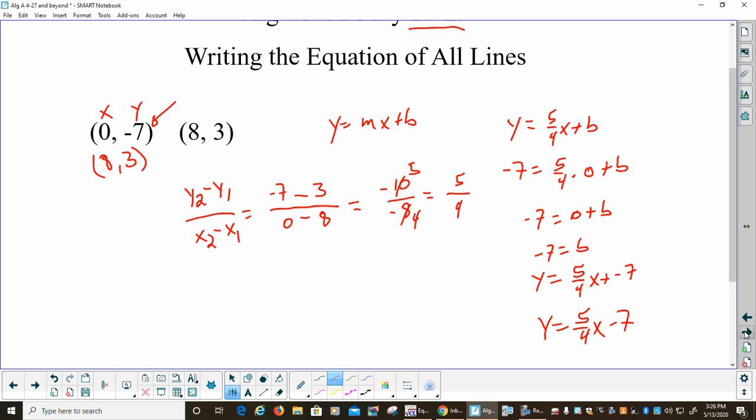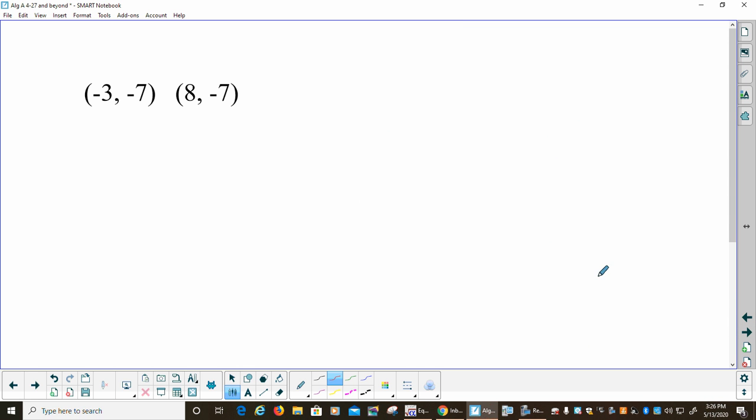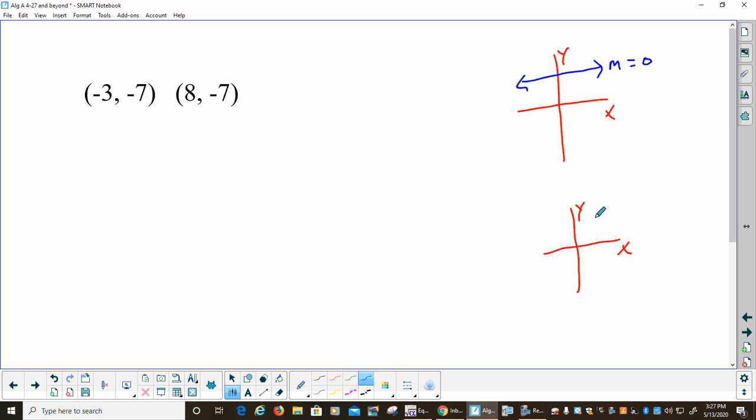Now this week, what's going to be new is you have the addition of either a horizontal or a vertical line. So to review with you, that's your y-axis, this is your x-axis. If I have a horizontal line, the slope is 0. If you have a vertical line, this is your y, this is your x. If you have a vertical line,